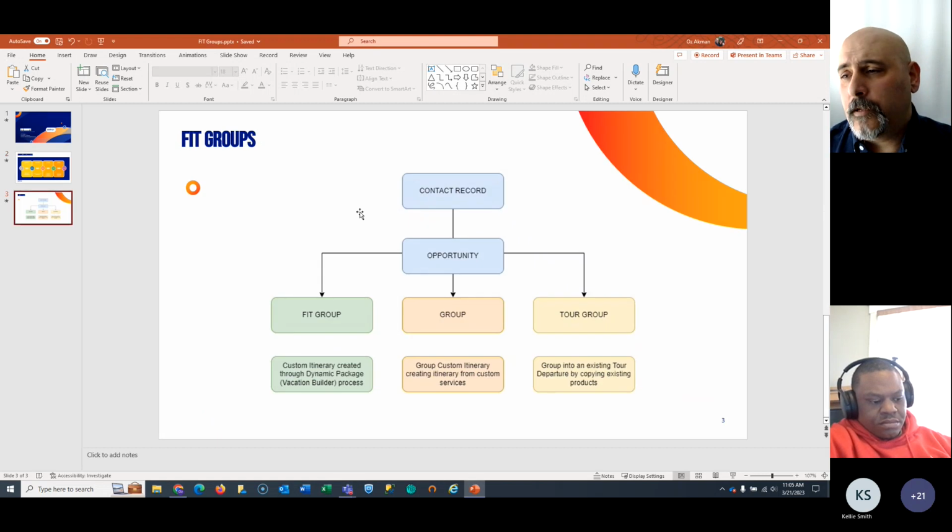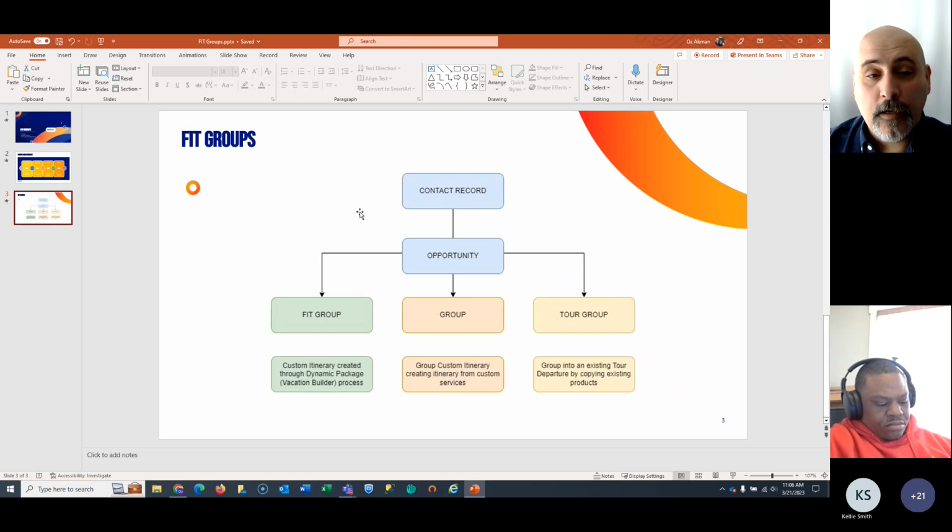So when we're looking at this FIT group process, a quick recap of what we were talking about is, we actually have to have a contact record, and then we have to create an opportunity. It's not completely fair for me to put it in these three buckets, but in our system, you can take a look at it as, we have what we call our tour groups, a group that you're booking into an existing tour or departure and itinerary,